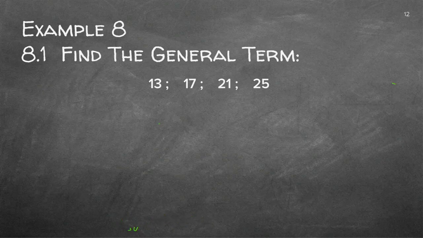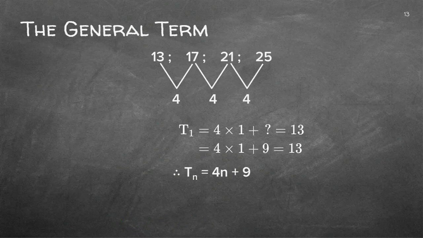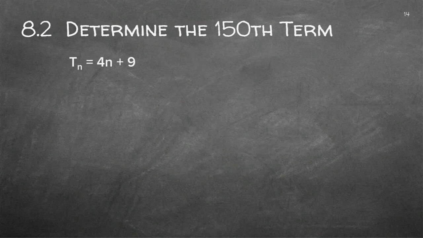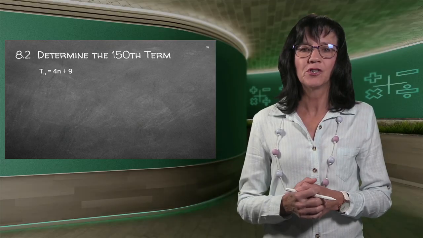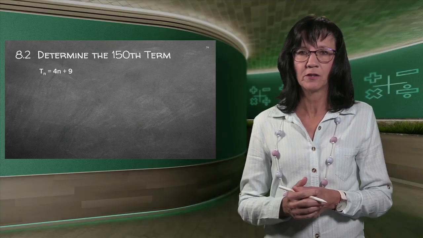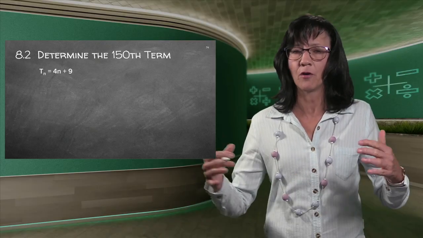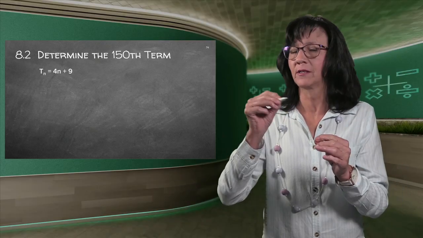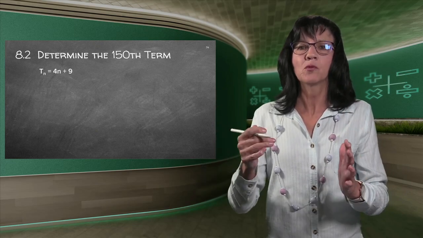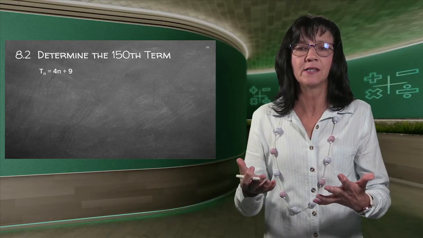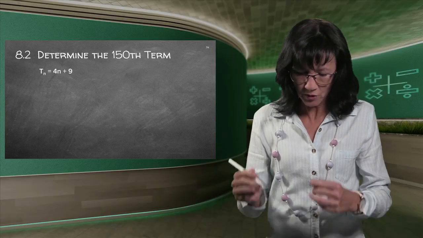So you see what we did? We got the common difference. Remember, afterwards, you can just check your formal memo, and it will tell you exactly how it was done. Good. Now we've got that formula. Now here's the question. Determine the 150th term. That is very, very far along the line. So you will not sit and write down 150 terms. It will take up too much time. That's why I say if we are doing arithmetic sequences, we can make a formula, which we now did.